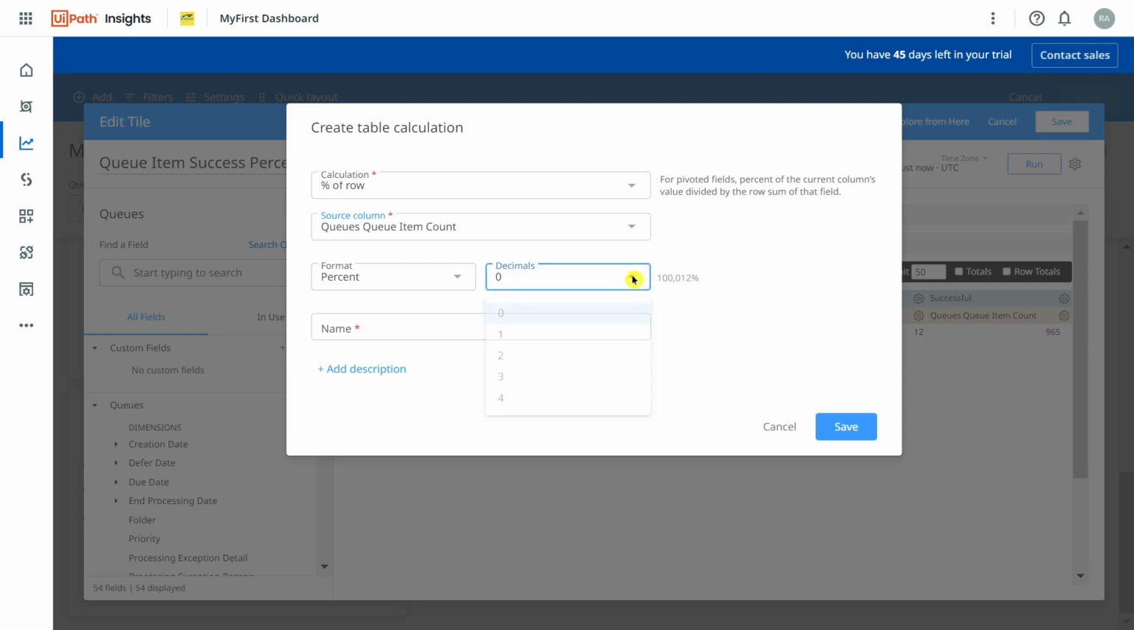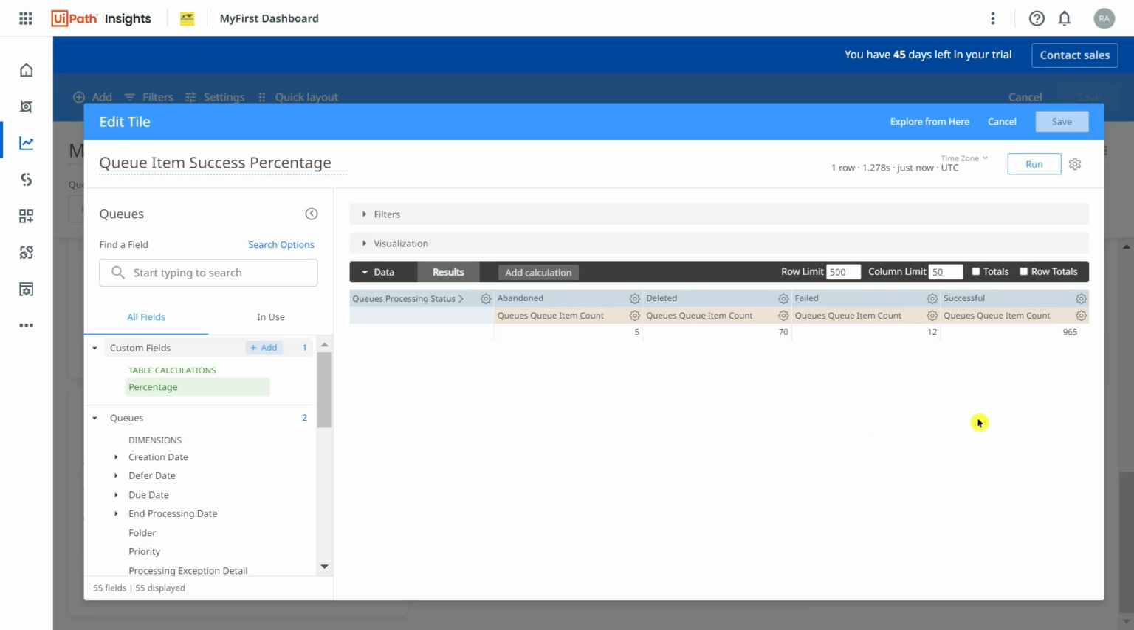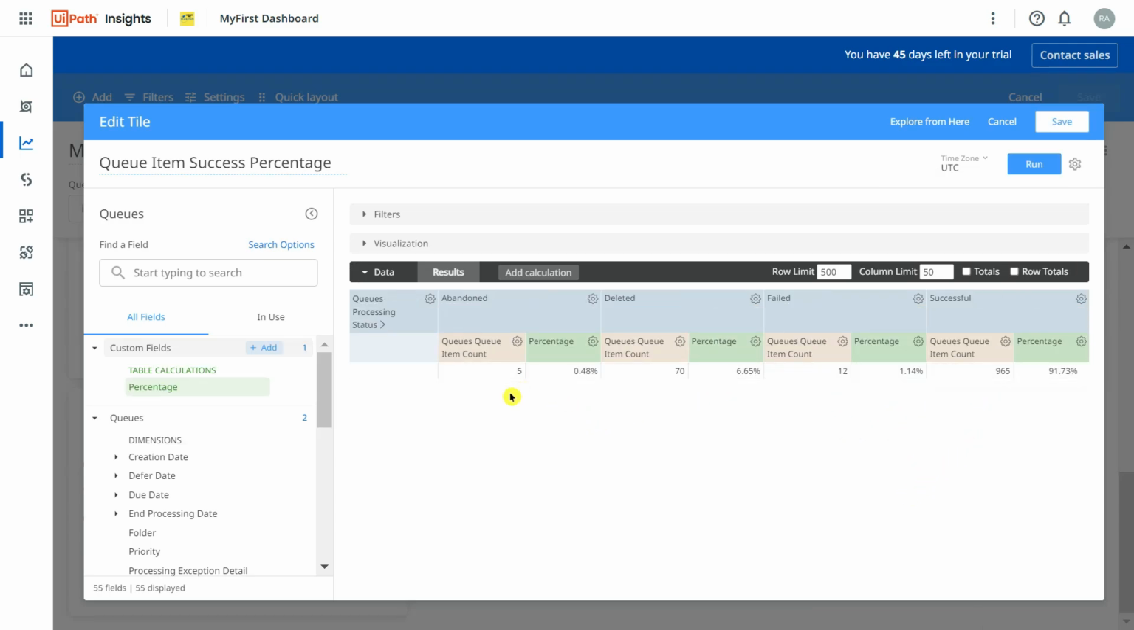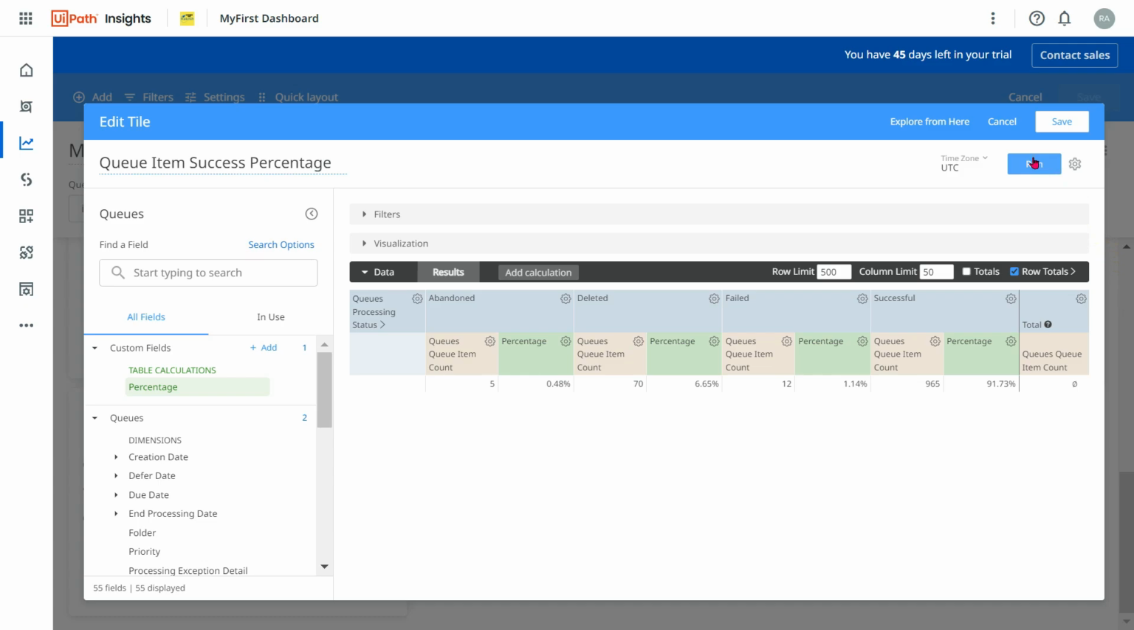Now here, for the percentage decimal, I would like to keep it to 2 decimals. And now you can give it a name. I will say percentage. Because the format is percentage, it is automatically going to convert that to percent. I'm going to hit save. Now what happened, if you see, there are this many total items. So I would like to see the total. You can enable row total. Now you can see if you run it,